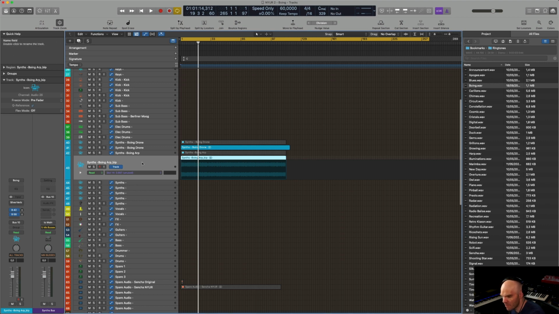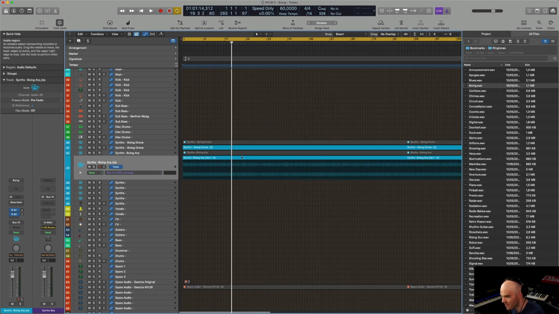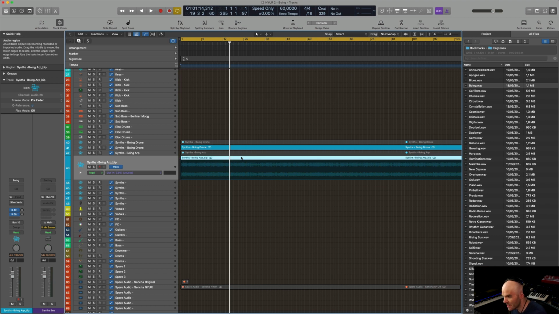And here we have the Boing Arp, and you see that by bypassing the effect plugins, the Silver Verb is still there with all the settings. But you will see why I did this in a second. So I want it to be exactly 112 bars long. So you have this. And when you solo this,